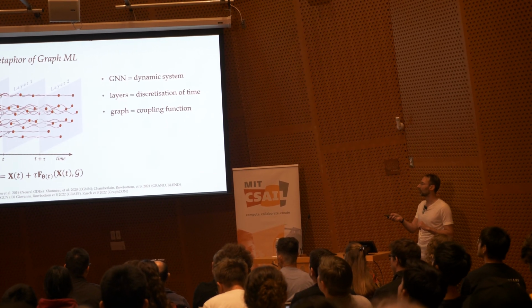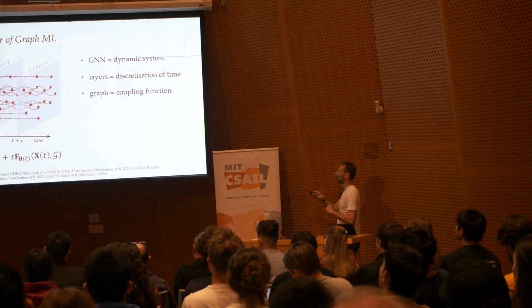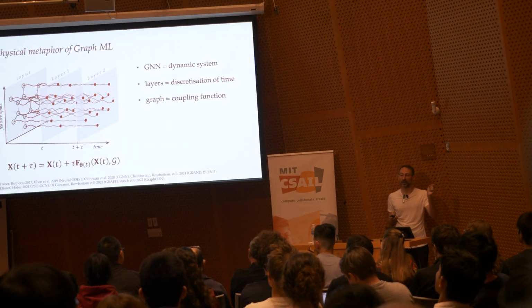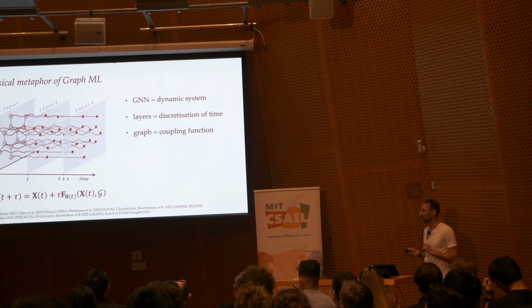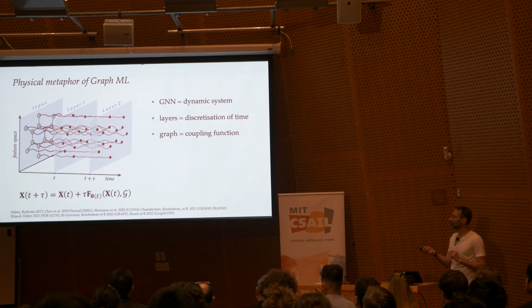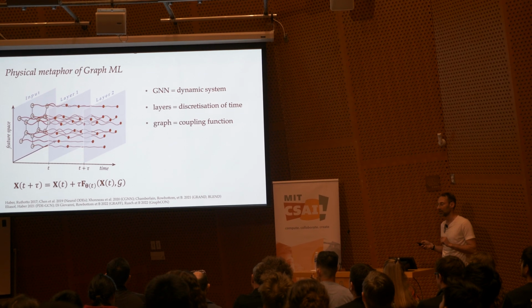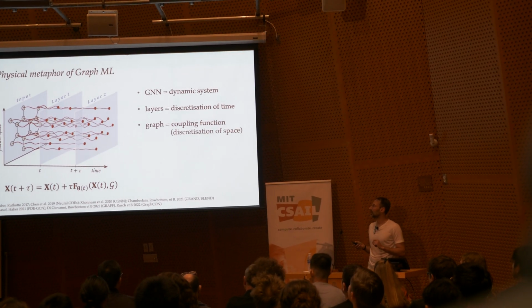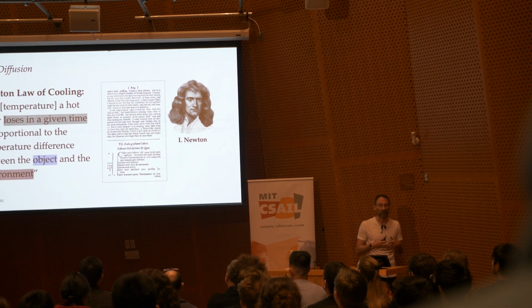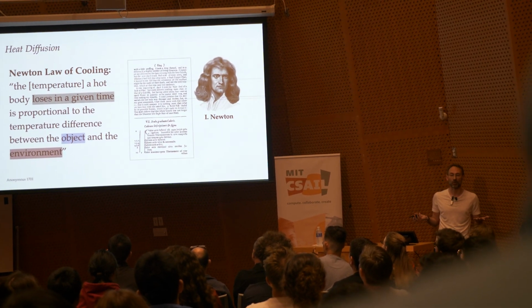So the nodes of the graph, right, or these particles in this dynamic system, they don't live on their own, they interact with each other. How do they interact? Along the edges of the graph. And you can consider really a lot of different differential equations. So you can consider wave type of equations, you can consider diffusion type of equations. The most obvious thing that comes to your mind when you think of propagation of information is a diffusion equation,